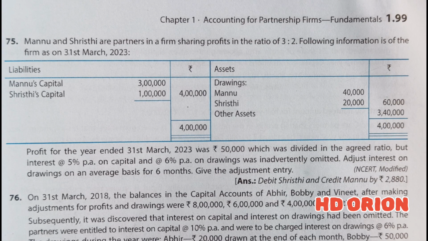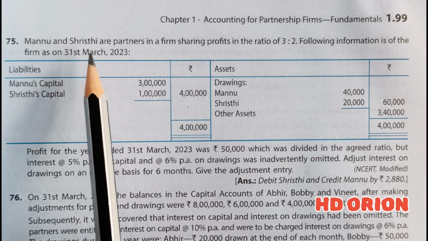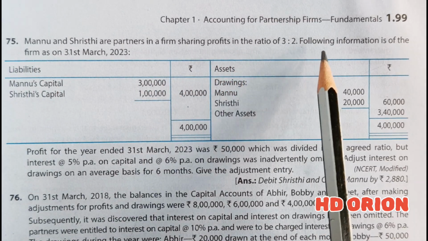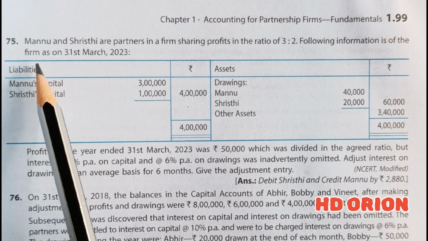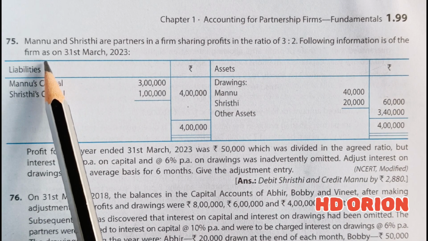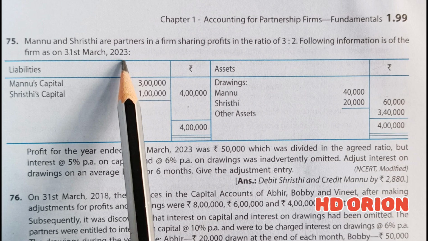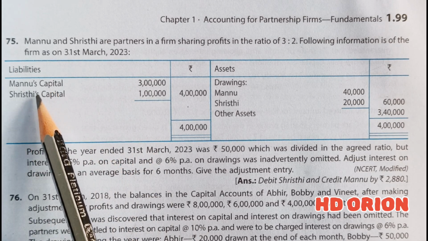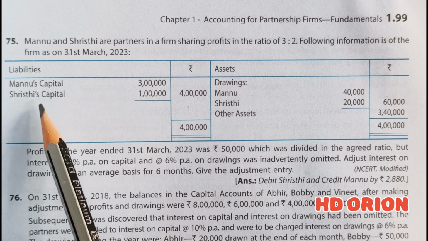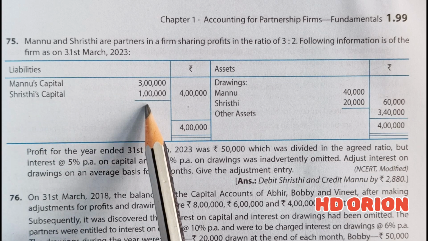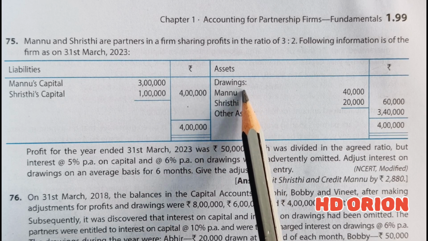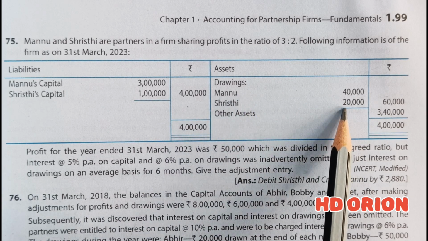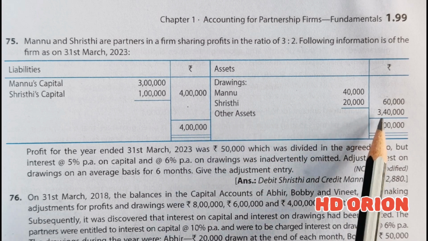Let us see question number 75. Manu and Shrishti are partners in a firm sharing profits in the ratio of 3:2. Following information is of the firm as on 31st March 2023. Here is a balance sheet given. To the liability side, capitals of both the partners, Manu rupees 3 lakh and Shrishti's capital rupees 1 lakh is given. To the asset side, there are drawings, Manu rupees 40,000 and Shrishti rupees 20,000, and other assets of rupees